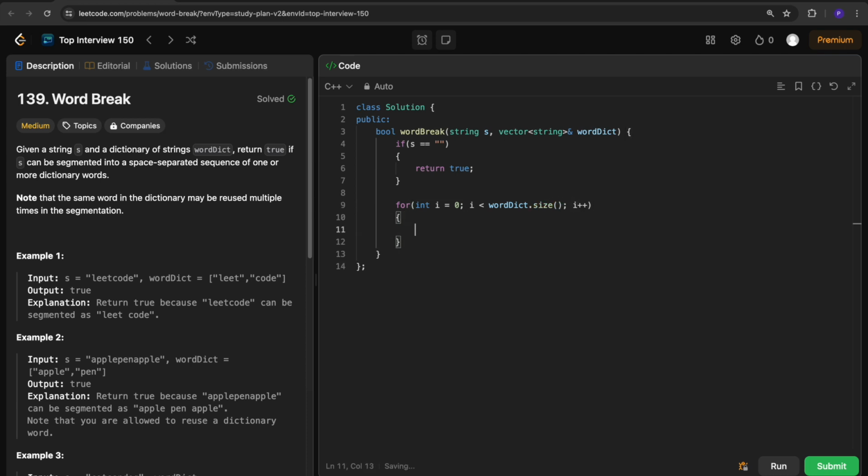And here in this case, the first thing that we are going to check is whether the string that we are considering, that is s, starts with the dictionary word that we are considering, that is wordDict of i. If this is true, then only we are going to continue the recursion. So here we are going to record the return value in a boolean. I am going to call it wordBreakSuccess,